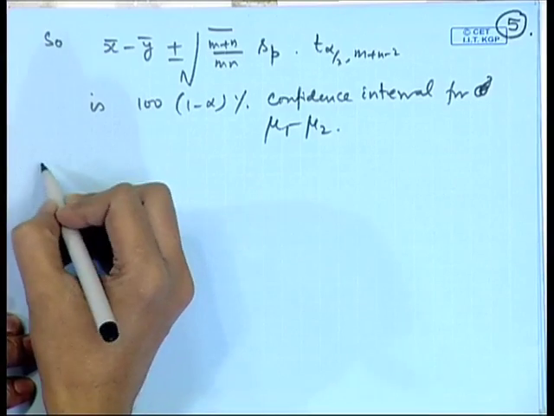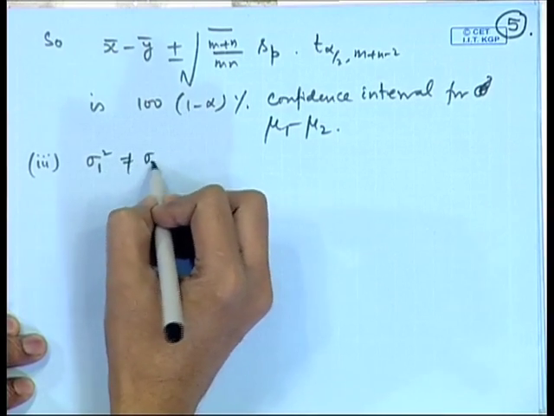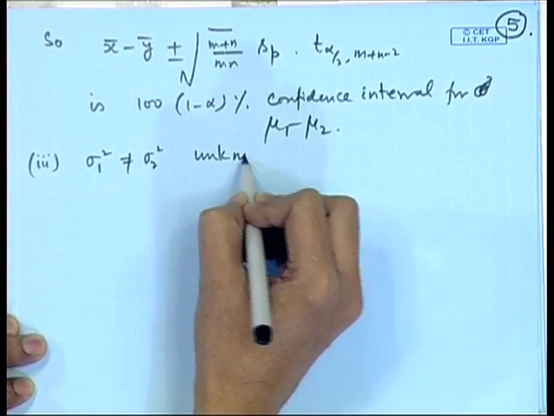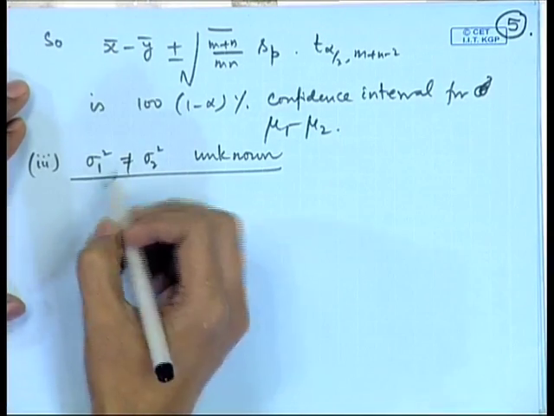Actually, it turns out that there is no exact confidence interval, that means the interval which is having the shortest length as well as a fixed confidence coefficient, that means the distribution free term we are not getting. In this case, this is known as a Behrens-Fisher situation. So, we will consider this case sigma 1 square is not equal to sigma 2 square and unknown, that means they are completely unknown. In this case, an approximate